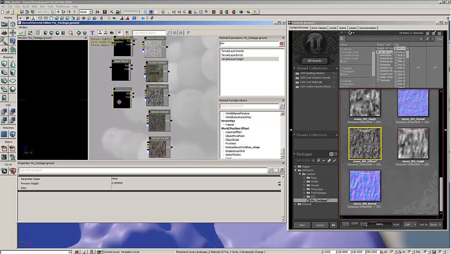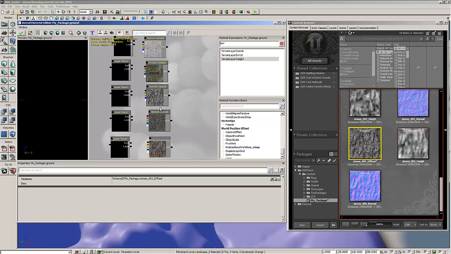This, and then terrain weight. Now there's something that's very interesting about this. You have to set this up in a certain way of labeling these things. If you don't, then when you go to use this texture as paintable layers, and this is if you're going to make your own painted texture, because we can actually use this technique to make a texture that has multiple pieces of itself